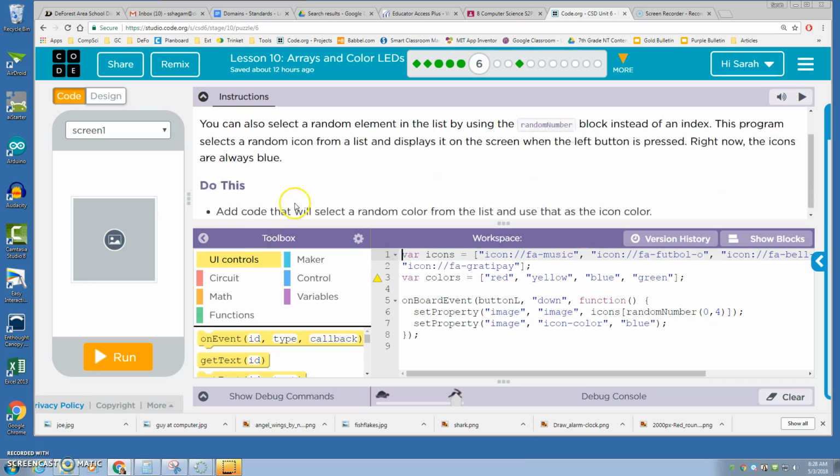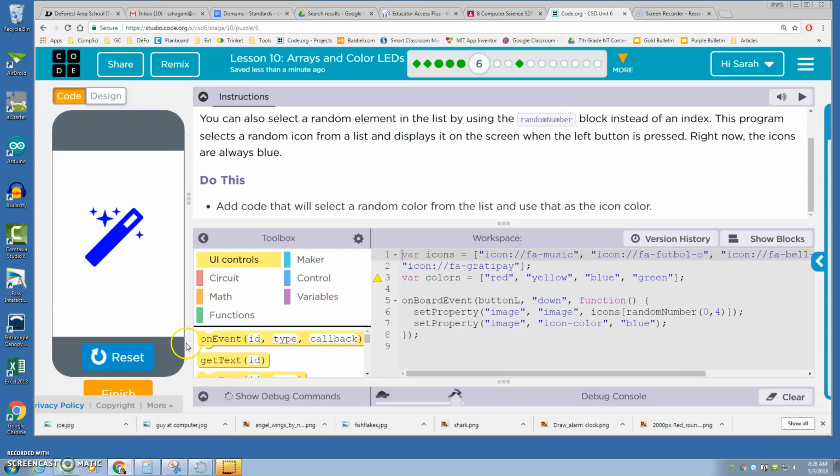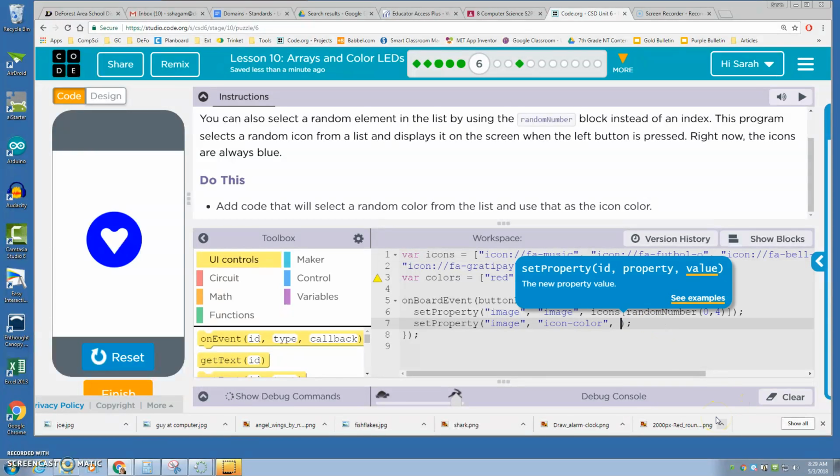So this program should select a random icon from a list and display it on the screen when the left button is pressed. Right now, if you run it, they're all blue. We don't want them to be all blue. We want to select a random color from the list. So here's the colors list. Right now, it's grabbing a random icon, but it is always setting it to blue. To grab a color from here, we're going to get rid of